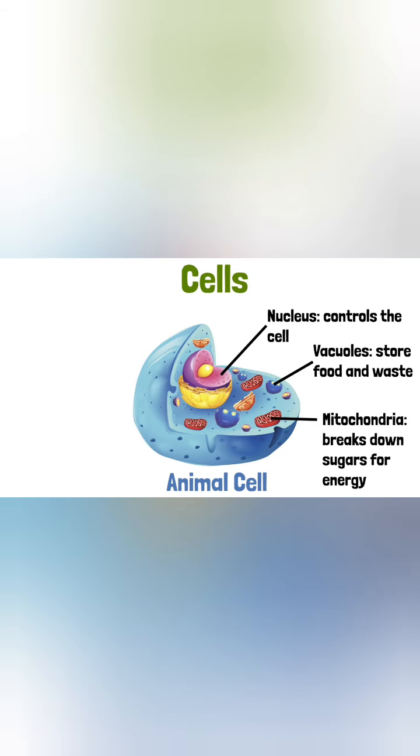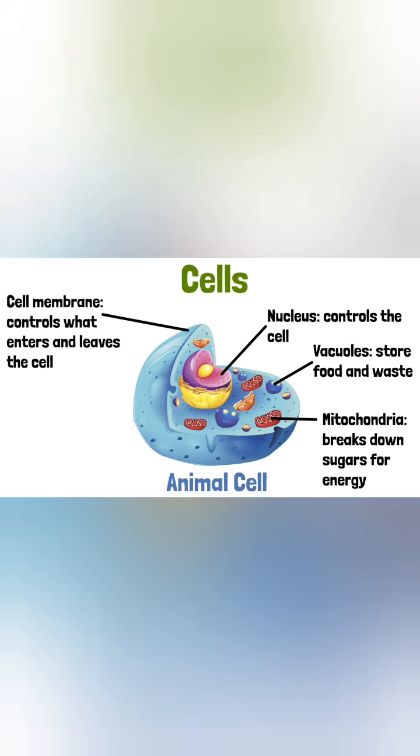Mitochondria. It is the powerhouse of the cell and gives energy to the cell by the breakdown of sugar. The cell membrane is a thin skin around the outside of the cell. It prevents the cell contents from escaping, but it does allow substances like water and other small molecules to cross in and out of the cell. This is the function of the cell membrane. Cytoplasm is all the living matter except for the nucleus. It is a jelly-like substance which is fluid and can flow. Cytoplasm keeps organelles in place.